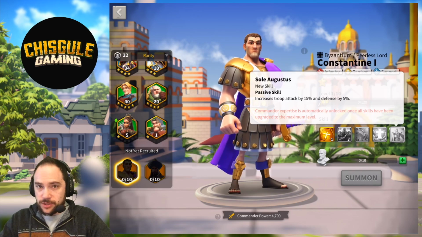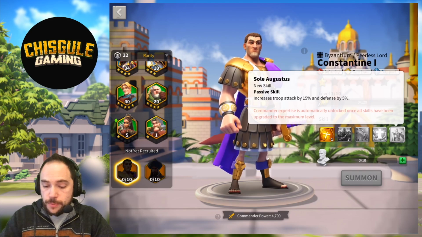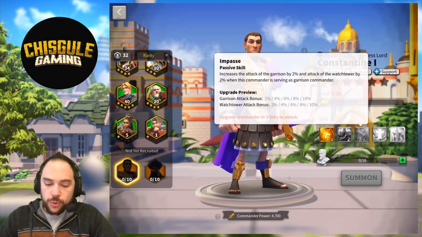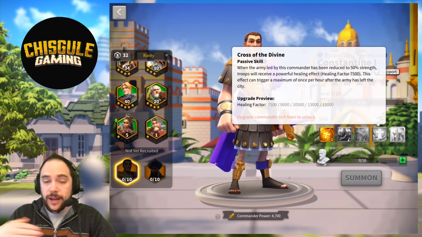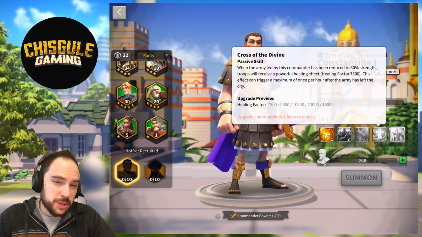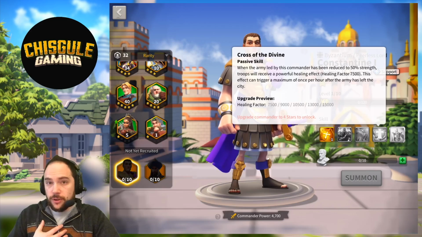Constantine is a monster, a true monster, when you've got a mixed group, even though he specializes in infantry, and he is quite good with infantry. The other thing we are assuming in this case is that you've got his Cross of the Divine not on cooldown, so you can get that monster heal in the middle of the combat. We're assuming that's really, really good. All of that makes Constantine my personal favorite, but